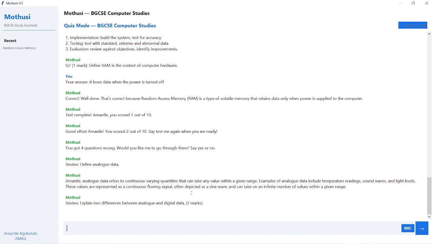On the other hand, digital data, such as binary code, zeros and ones, consists of discrete values that are represented by a finite number of possible values. 2. Analog data is represented by a sine wave, whereas digital data is represented by a square wave. Analog data is typically represented by a smooth, continuous curve called